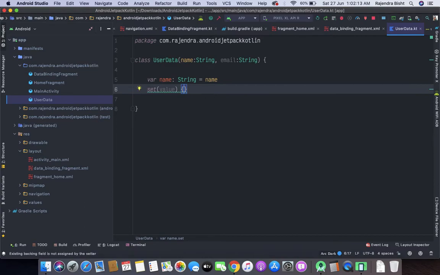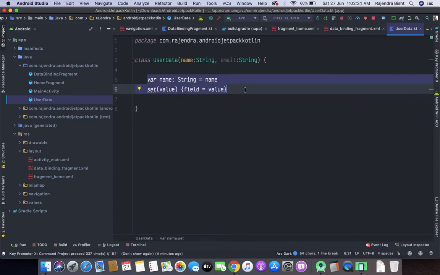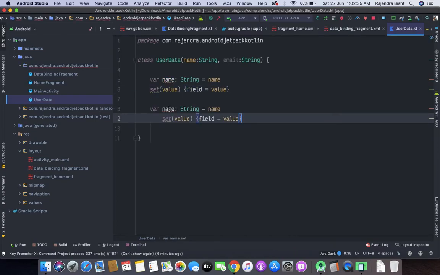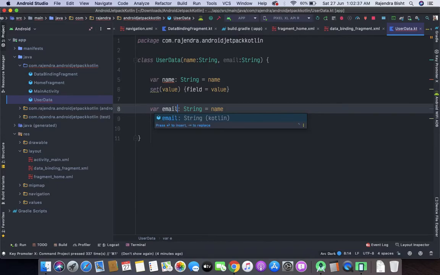Here we will set the value, field equal to value. Similarly we will set up for the email.